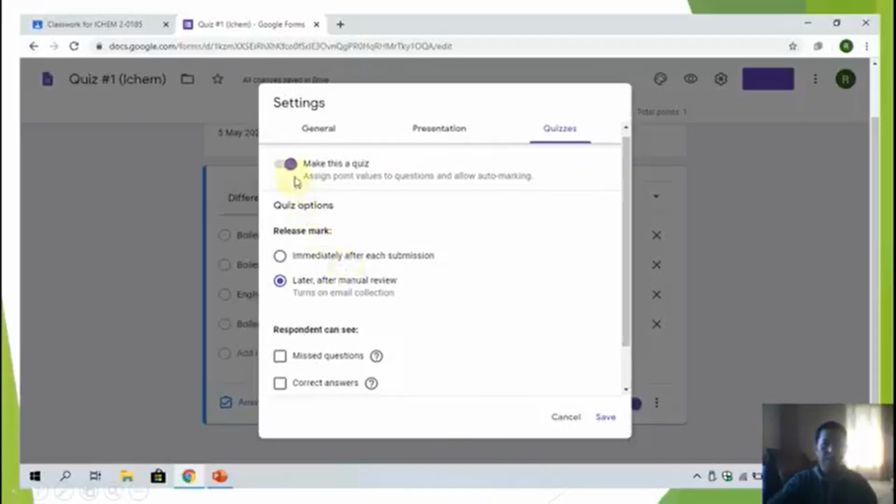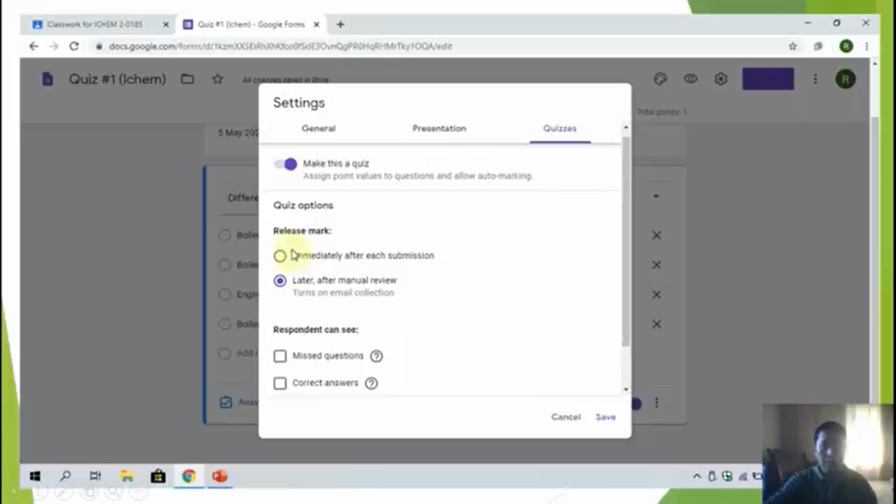So don't forget to switch on this, make this a quiz. As you can read here, if you switch this on, it will assign point values to questions and allow auto marking. So the exam or the quiz itself will give the score as long as the student hits the correct answer.